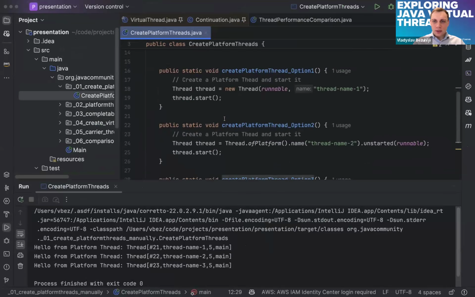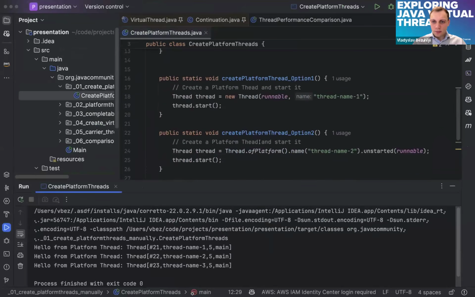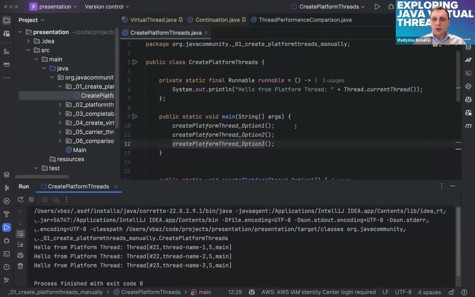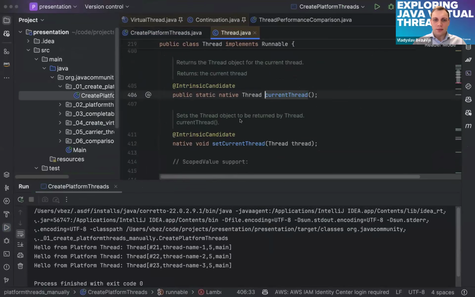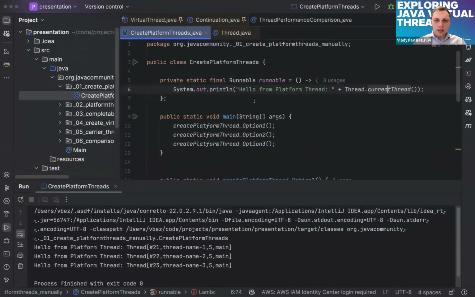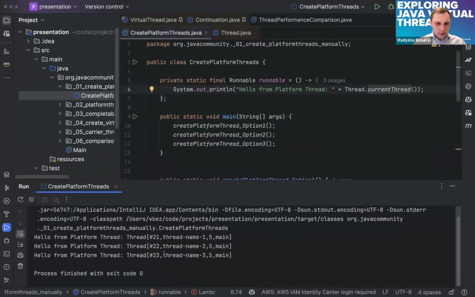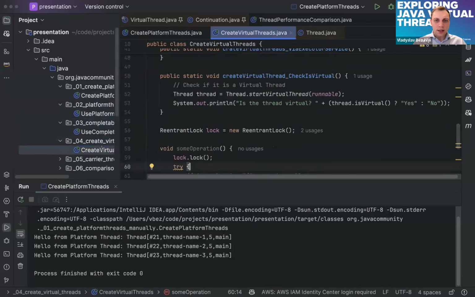So here, when we create the traditional threads and we print them, we just do the toString of the thread, which actually prints some things like, okay, we won't see it, but it prints something like thread ID, thread name, thread group, and when we create a virtual thread,